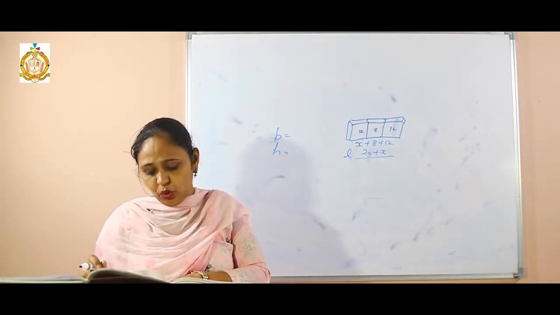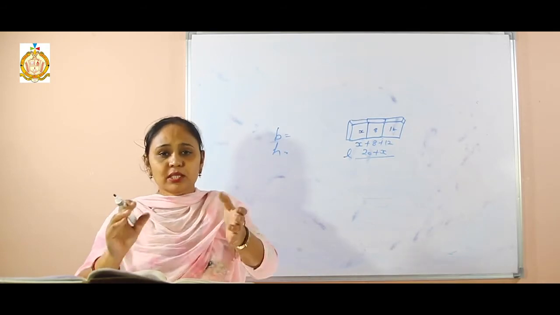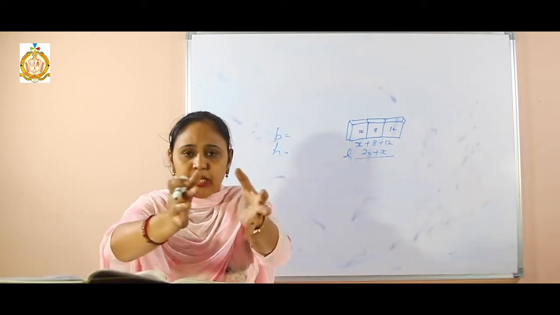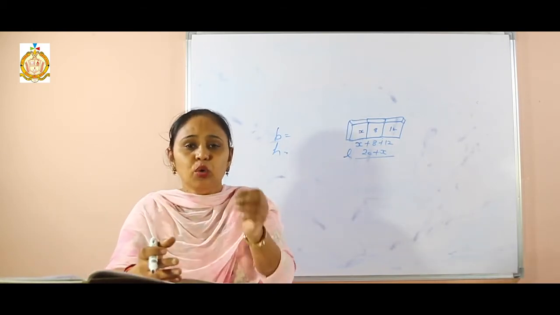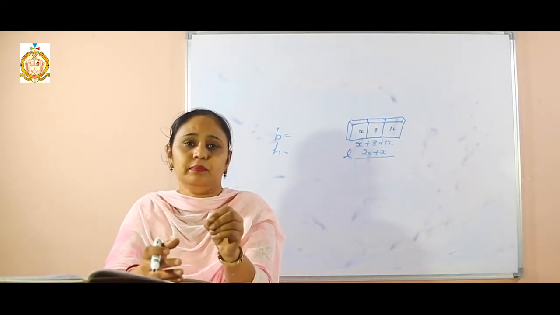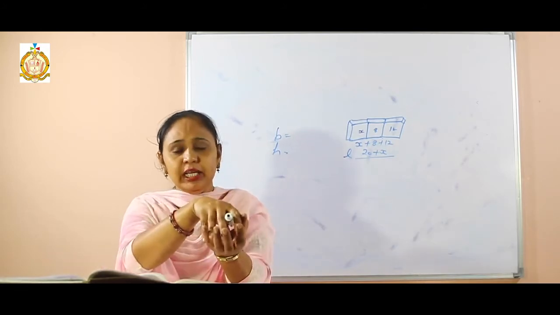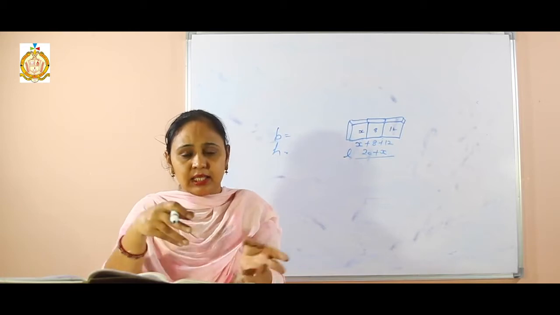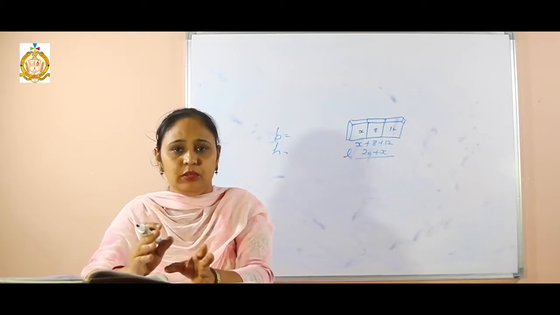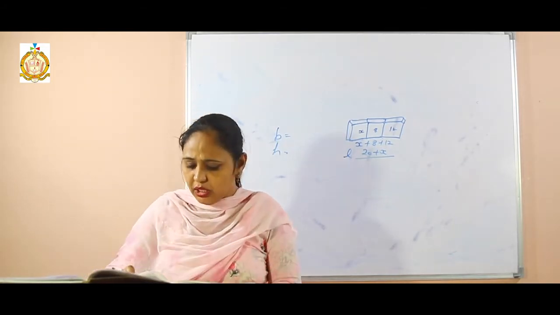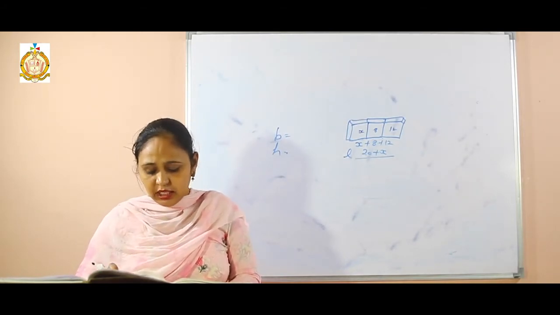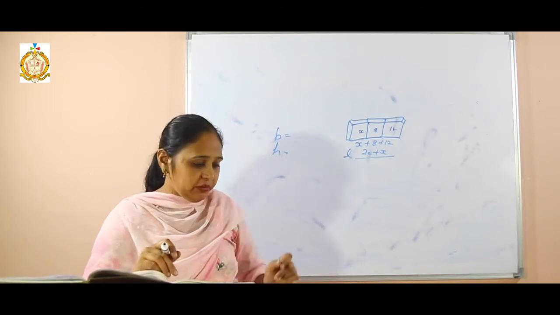Now we see that it is recast into a single cube of edges. Now listen students, when there is melted, that means we collect all the material and prepare another one. When there is the word melted, we will use the formula of volume, because something is filled in it, I melt it and recast another thing. The same material I am going to use for another thing. That means we will use the volume formula. Clear? Now see, in this sum, he says that 3 cubes are melted, their edges are given and a new cube is prepared. Now what will we do?